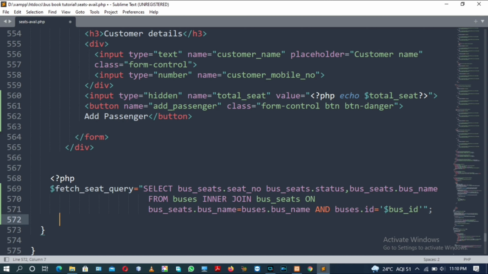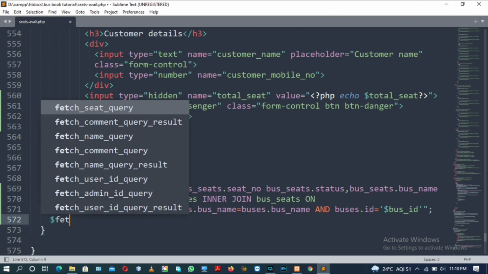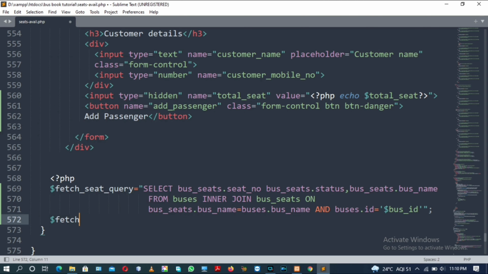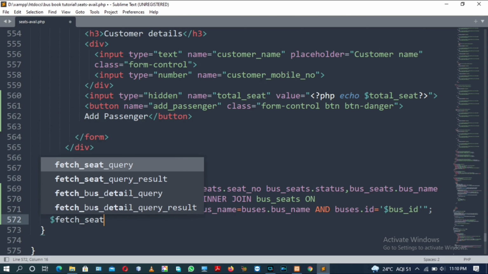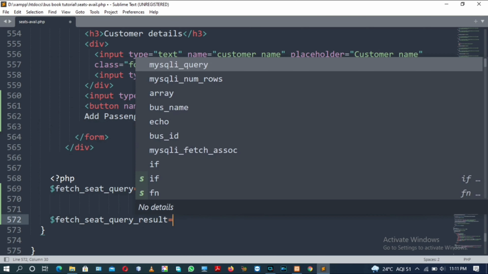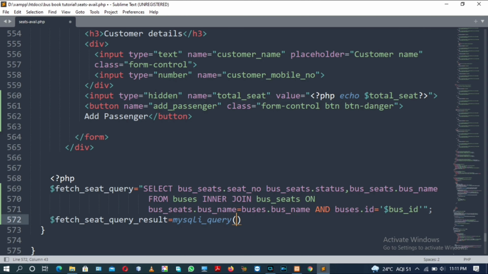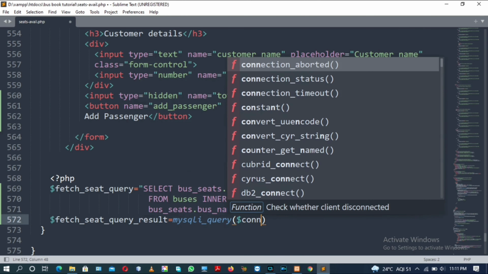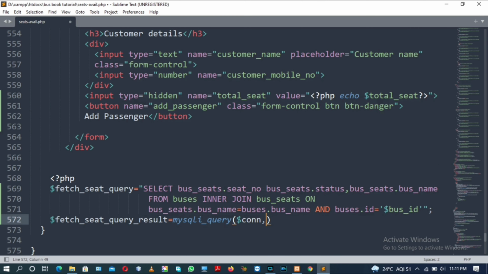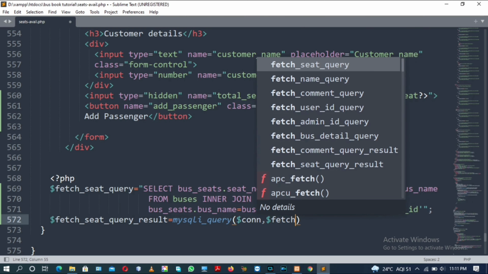Now we will fire this query using the mysqli query method and assign the result into a fetch seat query result PHP variable, which I am going to write right now. Fetch seat query result is equal to mysqli query, which accepts two parameters: one is the connection variable, and another one is the SQL query variable.